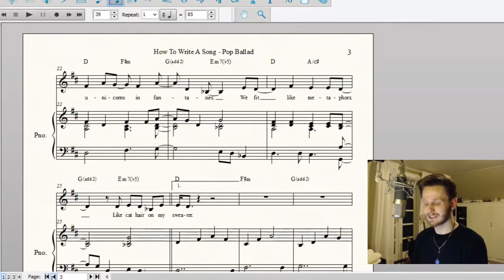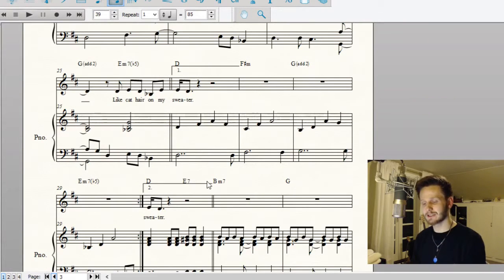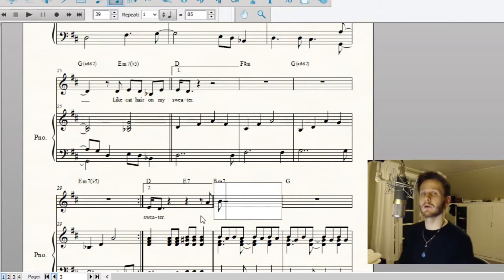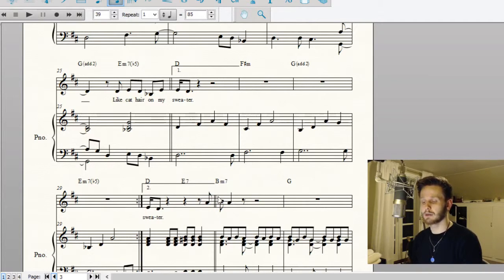We've been avoiding it so far, but we need to start this bridge off somehow. So I'm gonna go back here, and I'm gonna start on A, because again, when in doubt, go with arpeggios. So I'm gonna make it an arpeggio of a B-7, and I just start on an A because it's a nice easy note to move up a second, and then you hit the root of the B-7. So I'm gonna just do an arpeggio here,